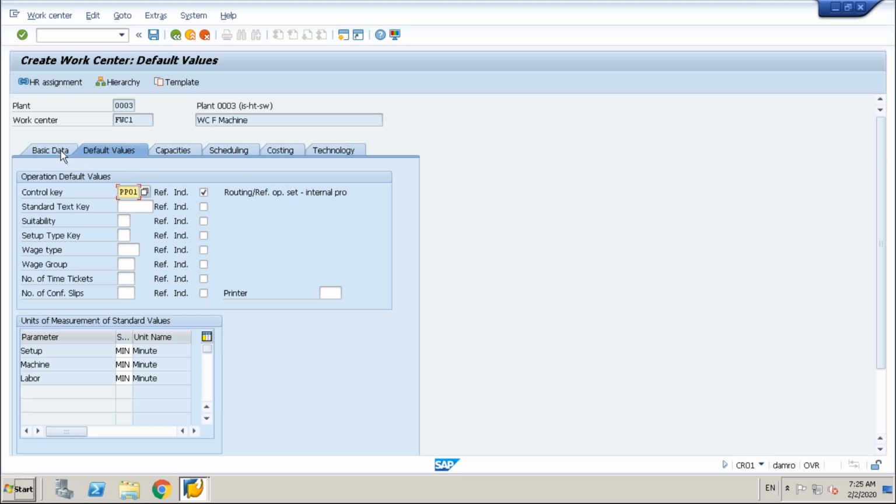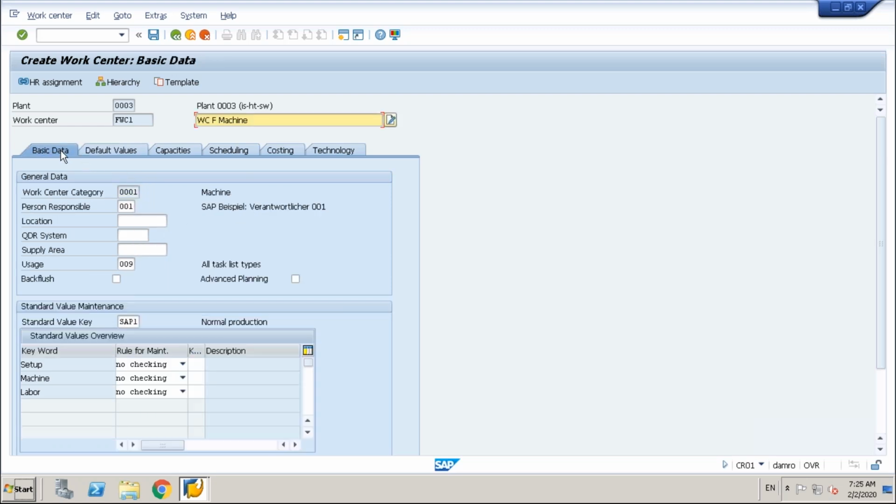Here in basic data, there is a field called advanced planning. The moment you check this and save, the work center becomes a machine. And what is your capacity category? 001. So if I go back to Excel,